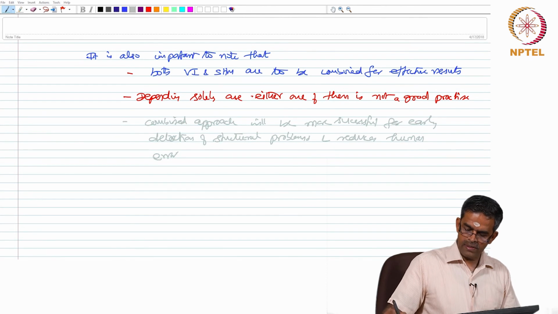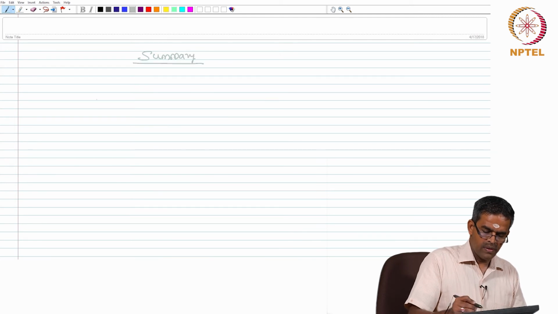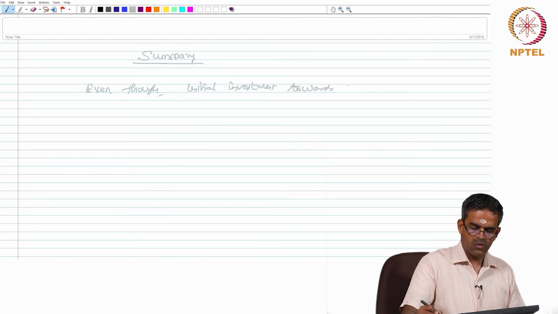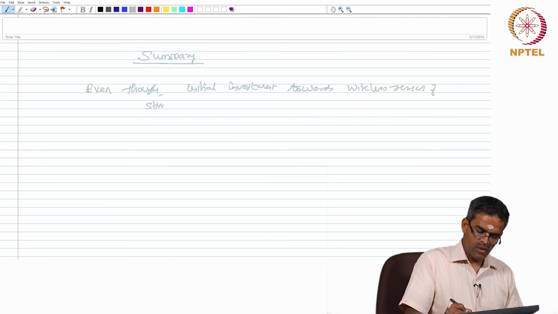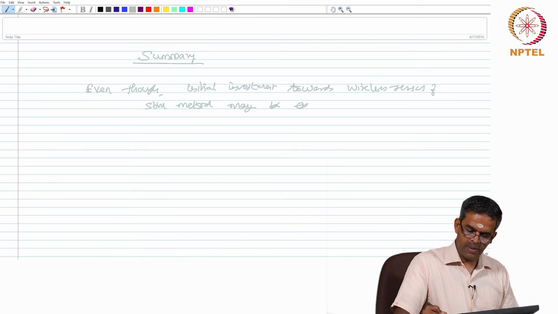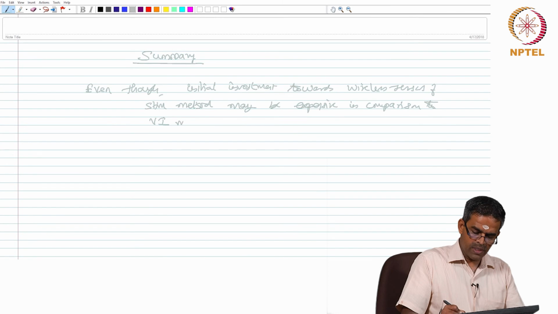Further, as a summary, let us have the statement: even though the initial investment towards wireless sensors of the SHM method may be expensive in comparison to the visual inspection method, but still